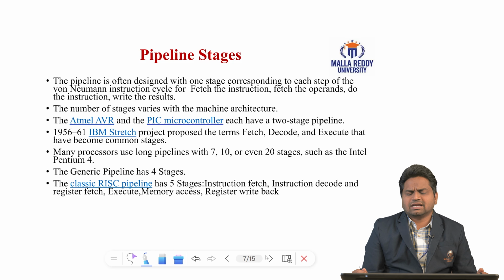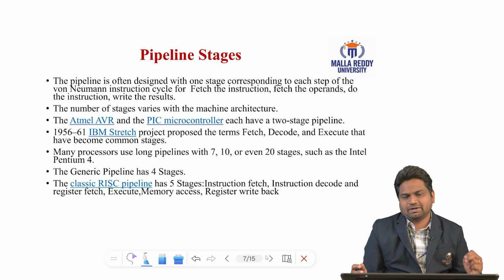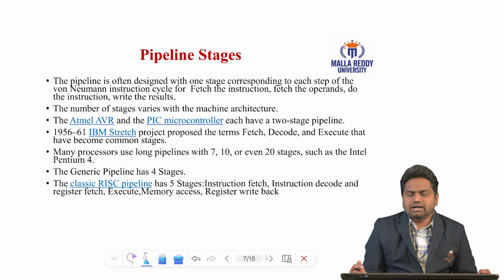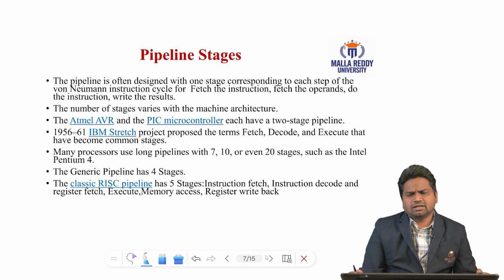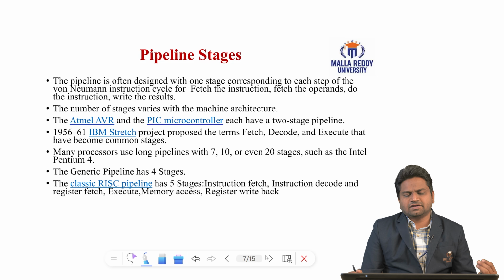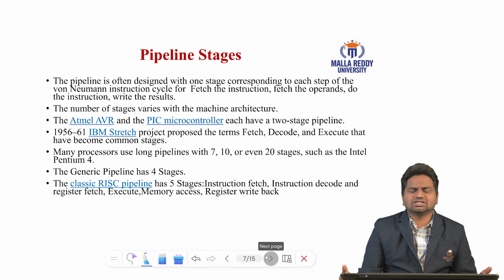Some computers like the PIC microcontroller have a two-stage pipeline, and IBM did research from 1956 onwards. The Stretch project initiated by IBM gave the compulsory three common stages. What are the three common stages? Instruction fetching, decode, and execution. These three stages are compulsory in all kinds of pipelining. So it starts with three, and later, based on processor development and computer architecture advancements, we can have